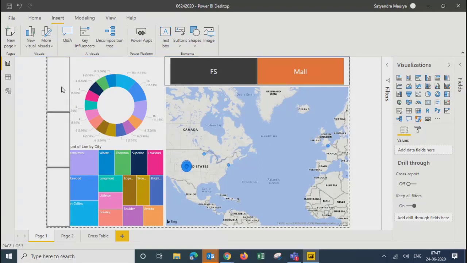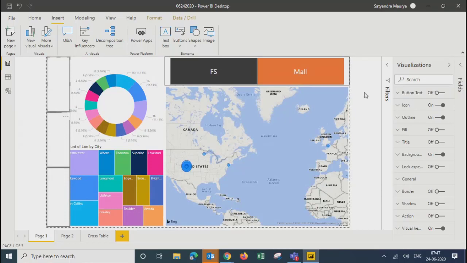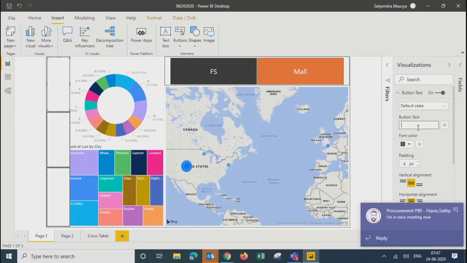So I'll name it. If you select it, over here in the properties it says button text. So I can tell it, let's say, page 1.